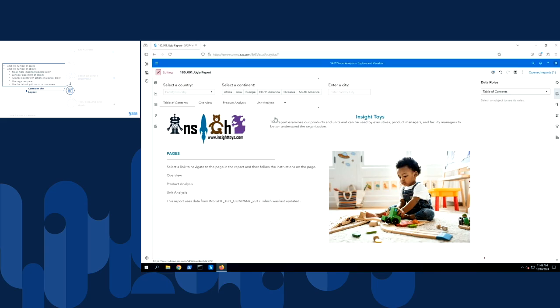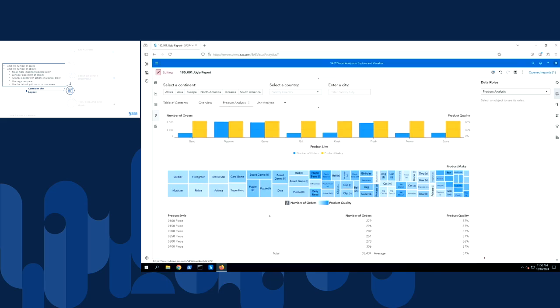Now, in the report prompt area, if you recall, we select a continent, it filters the countries. We select a country, it filters the city. I should really display these in a logical order. So I'm going to move the button bar for continent to the left side. So now my objects are displayed in the order that my actions are applied. I'm going to do the same thing for the product analysis tab. Recall that the bar chart filters the tree map, which filters the list table. I'm going to just rearrange this so the tree map is on the right side of the bar chart. Oops, and I can use the handlebars to do that.